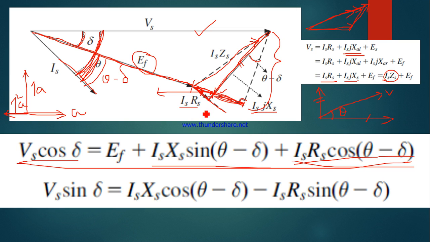Okay. So what is that part? So that part is, now what I will do. So you see, this, now I have done the cos part, that means the entire this side is equated in this way. Now I should find out the Vs sine delta.